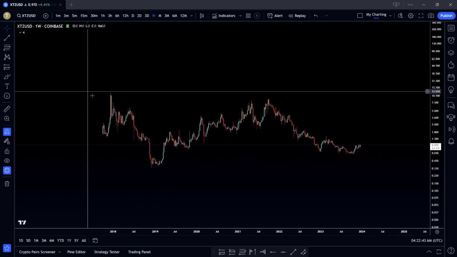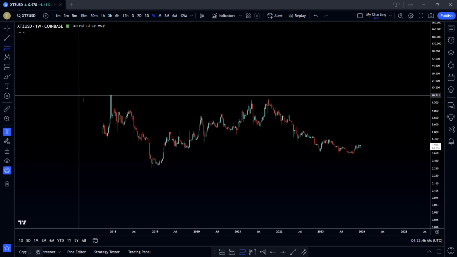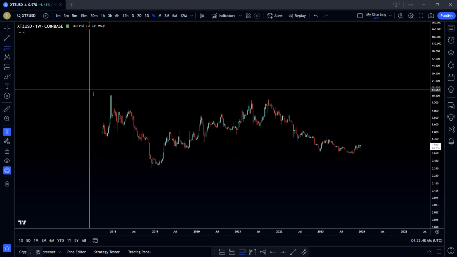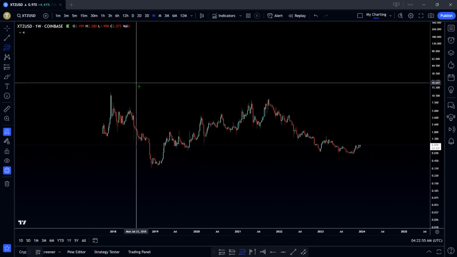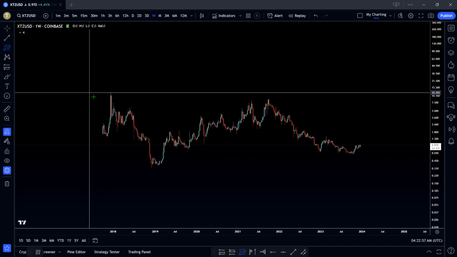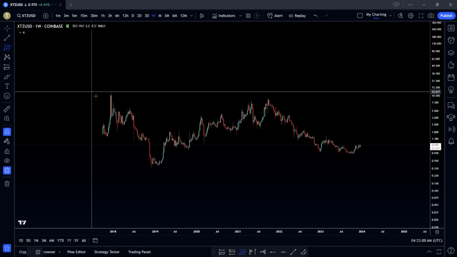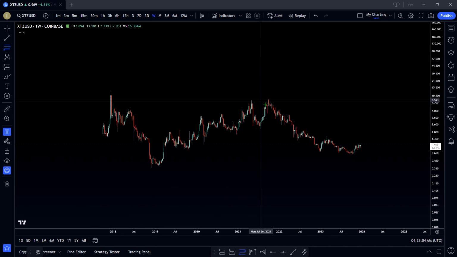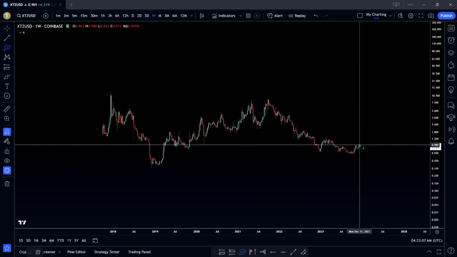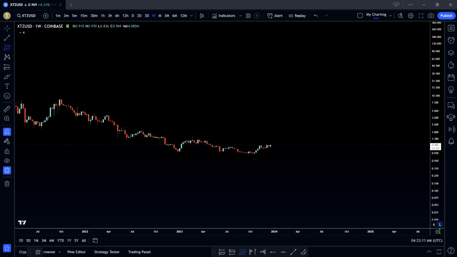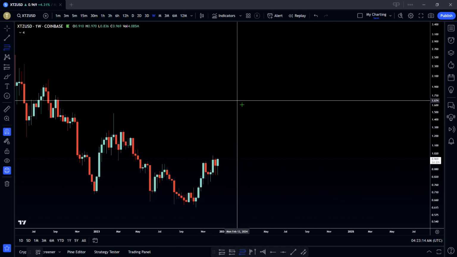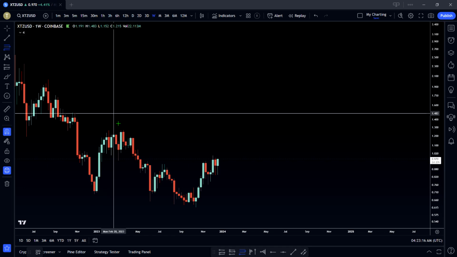So basically, a couple of rules here. Alright, let's talk about rule number one. We're always going to be pulling from wick to wick, okay? So if we're looking for resistances, if price is going up and we want to know where there may be a stopping point, it's always going to be from the high to a low. Okay, so for price action coming up right now to where we are, just for example, and I'm going to show you the correct fib pull, we're going to be taking the high